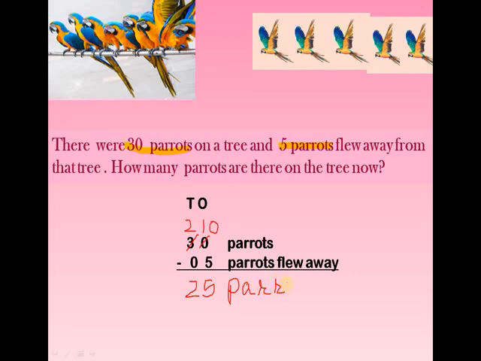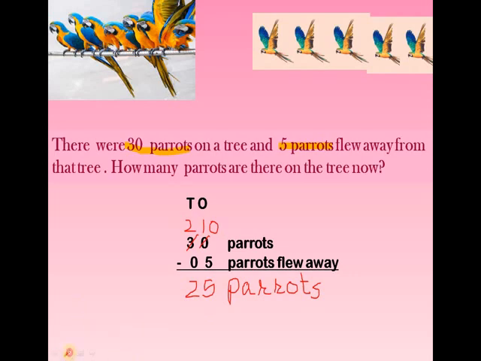Okay. We need to write this because we should know what is left and how many are left. If you don't write the word parrots, I'll say it as 25 Henil or 25 Pramukh or 25 Bani or 25 Granny, anything. You have to write parrots. Whatever is given in the question, accordingly you write. Otherwise, I'll call your name out in this. So 25 parrots are there on the tree now.